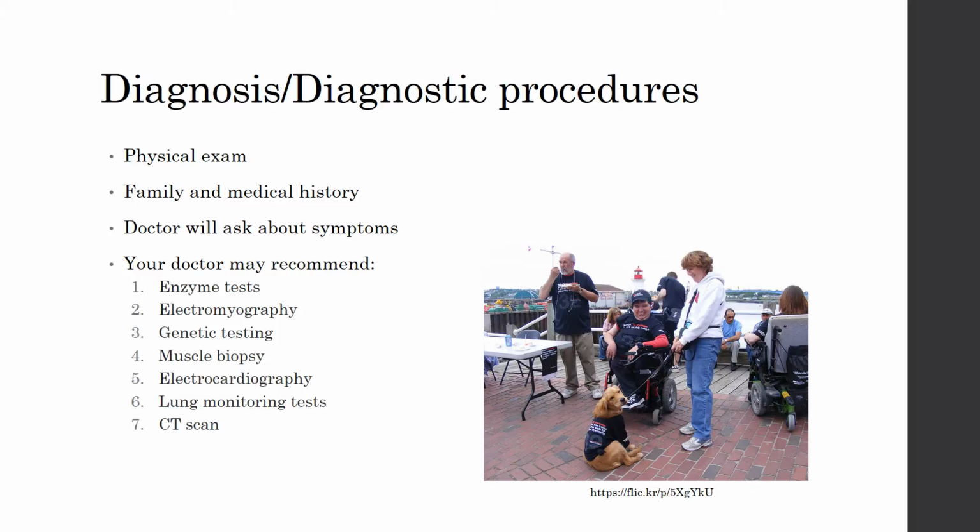An enzyme or blood test may be done to test the levels of serum creatine kinase in your blood, which would establish damaged muscle fibers. A muscle biopsy involves removing a small piece of muscle, which can reveal abnormal muscle fibers, variation in sizes of the fibers, fat deposits in the muscles, and the absence of dystrophin. An electromyography is where an electrode needle is put into the muscles to measure electrical activity when your muscle relaxes and tightens. Genetic testing is done to establish gene mutations in a blood sample. The heart and lung tests are used to monitor function, and a CT scan is used to reveal any muscle damage inside your body.